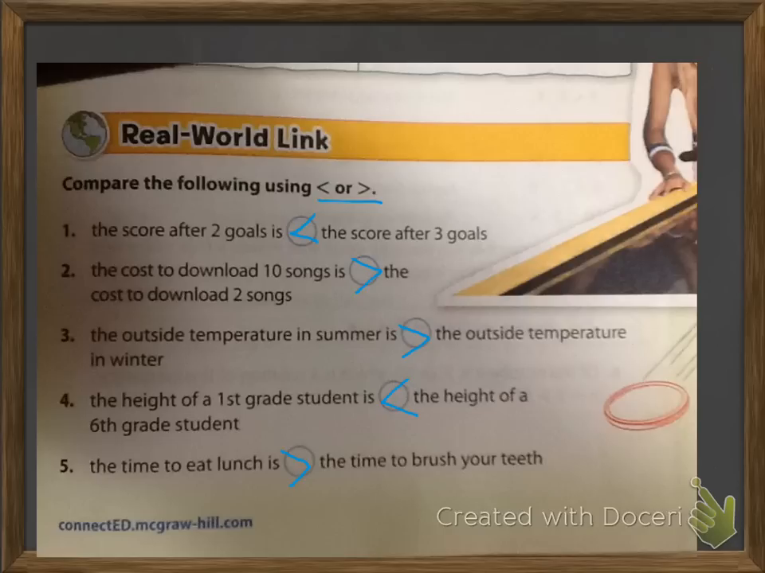What this purpose was is to get used to using the symbol that points to the left to mean less than, and the symbol